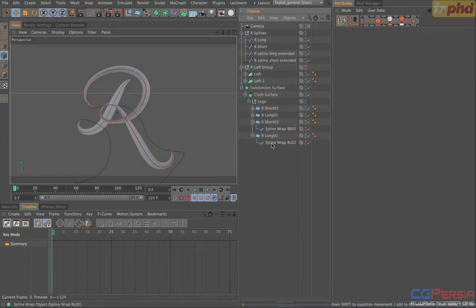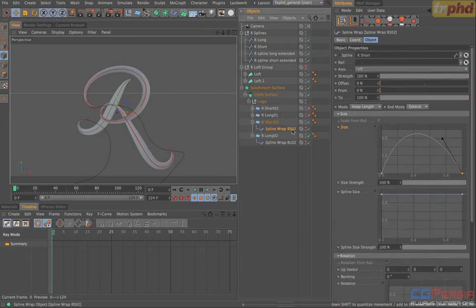And then at the end of this class, you'll have a file with all the solutions in one place, and we can just control click on here to disable the object and all of its children, so that now we're working with our version 2. So if we grab spline wrap RS02, and instead of using the short spline, we'll use the short extended. And if we grab our long 02 spline wrap and put the long extended spline in there, okay,